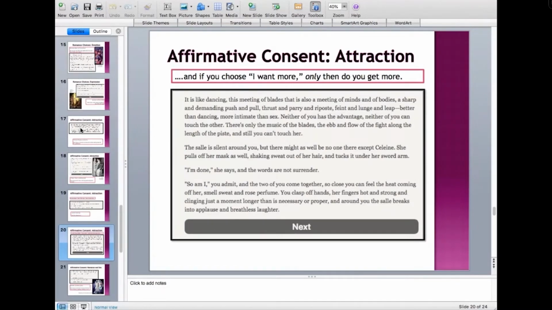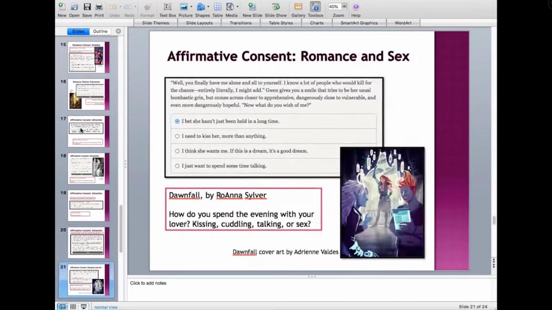So the player always gets to choose how they feel, how their emotional arc progresses, and they especially get to choose whether or not to be attracted to each of the lovers. Now, the most important way that we use choices for affirmative consent is in romantic and sexual scenes. We always give players a chance to say yes or no to romantic and sexual actions, whether it's offering the PC a choice about what kind of actions they initiate, or by offering a choice about how they respond